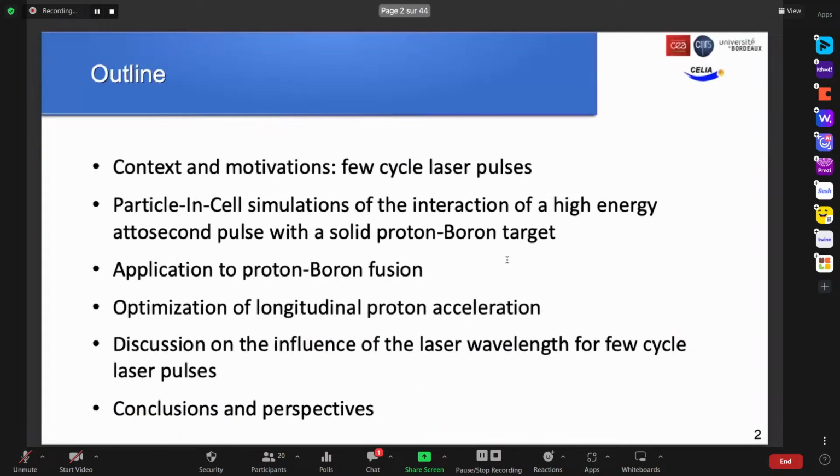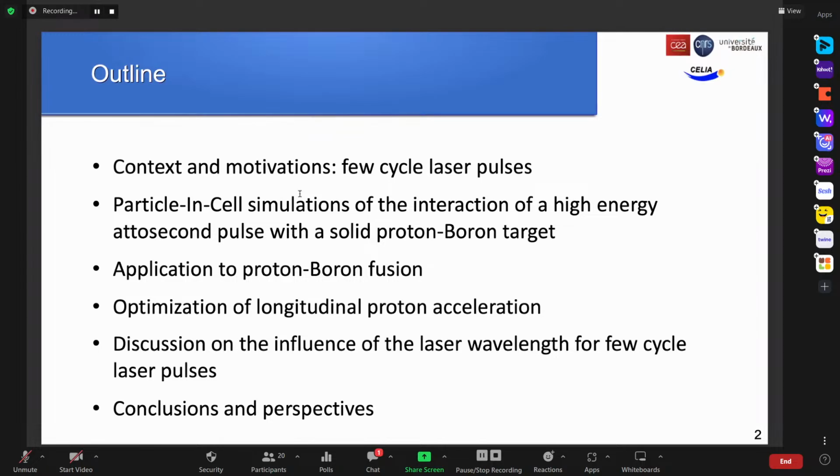So first I will review some results from other colleagues who showed interest in using few-cycle laser pulses for particle acceleration in general, and in particular for laser ion acceleration. Then I will discuss how we can obtain such pulses experimentally. Then I will show the simulation and theoretical study we have performed